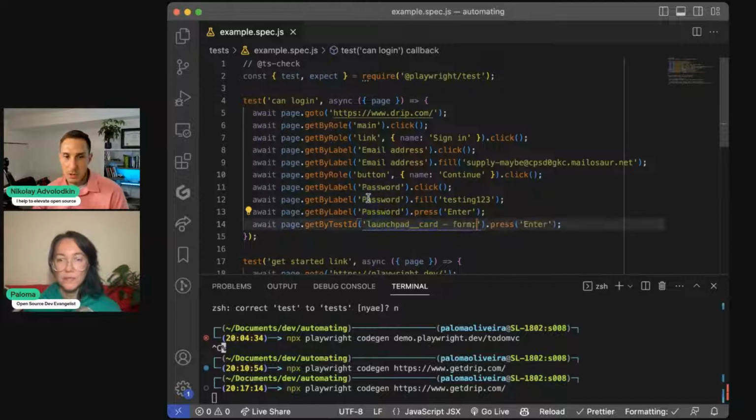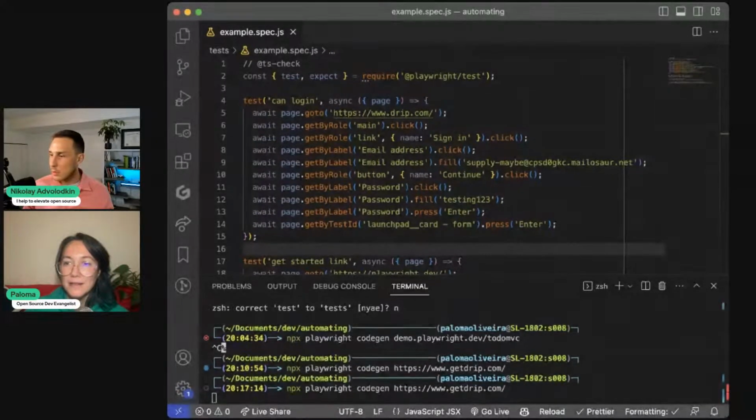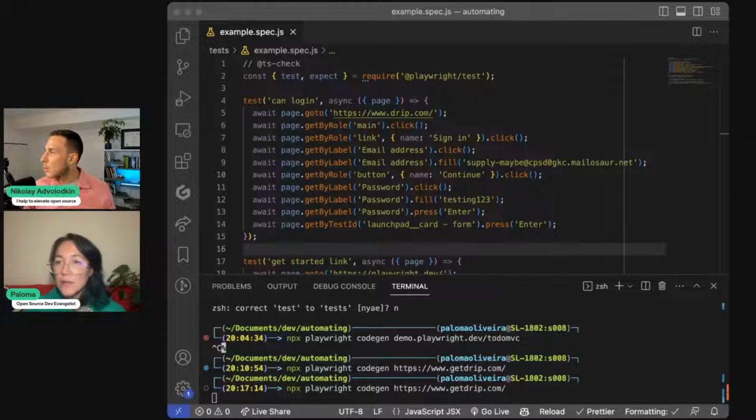I don't think it's going to work because I think that's launchpad. Is that the whole string of the ID? Yes. Yeah, of the ID? It had the dash form in there. It did. There's a class as well, launchpad card. Okay, we can try that, and then you know what you can do